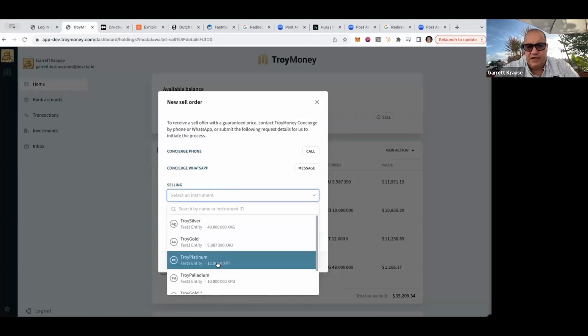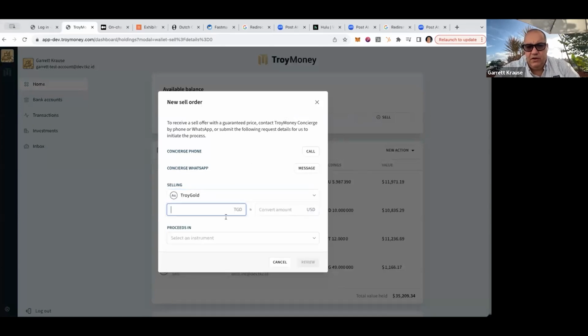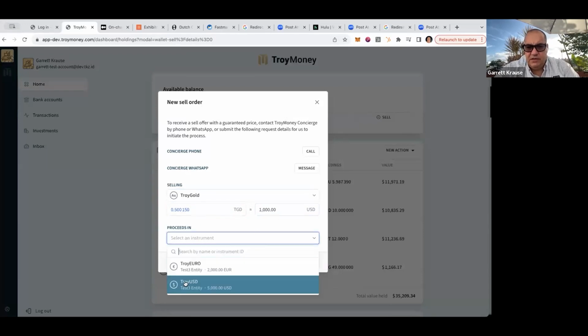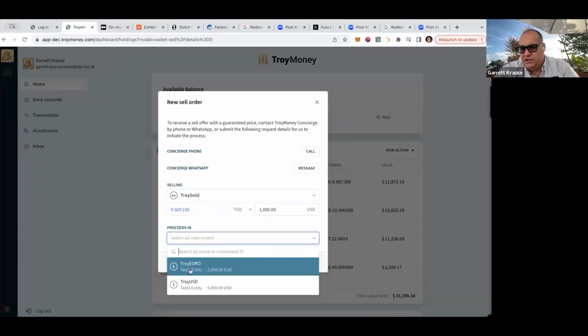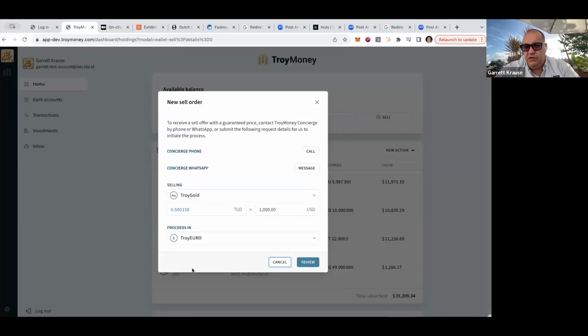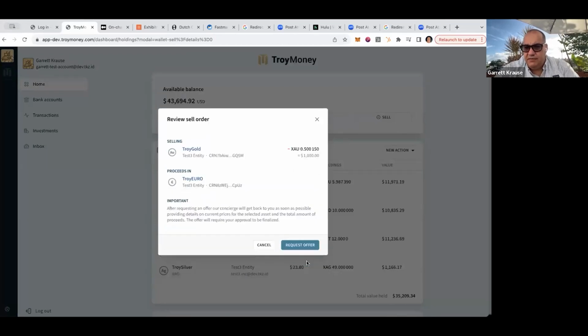Very easy. I want to sell my gold. I want to sell $1,000. Got to make a payment. I want to be paid out in Euro. Let's say I'm in Europe. And again, the same thing. It will calculate the Euro. It will calculate the